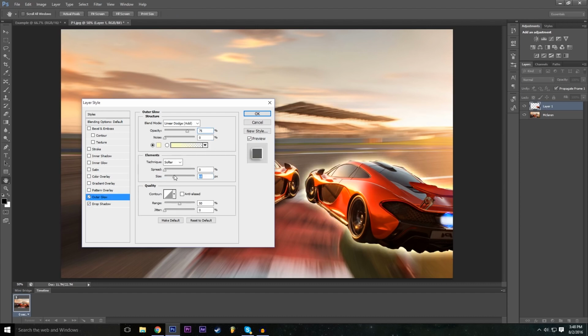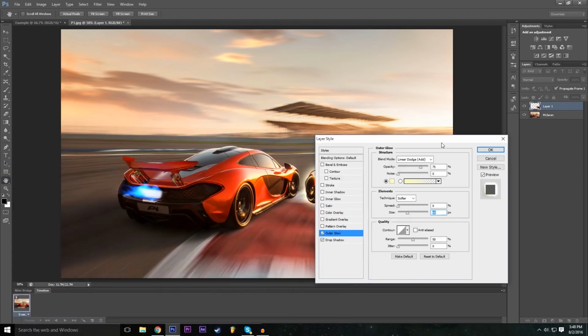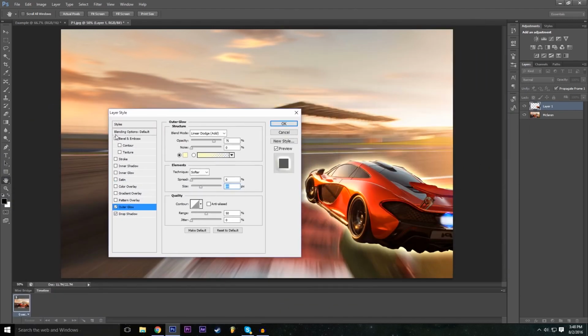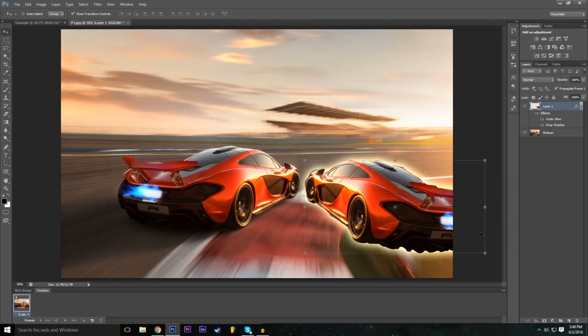And then we can increase the size. As you guys can see, that looks pretty cool. So yeah, I just showed you guys everything else. It's quite straightforward for the effect. But now what we're actually going to do is make an adjustment layer. And basically we're going to mess around with the color correction, the exposure, everything to make this image look as